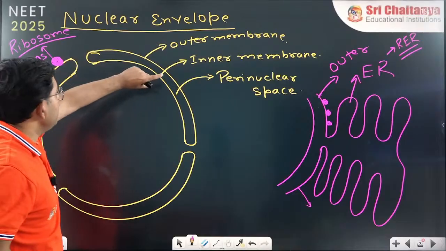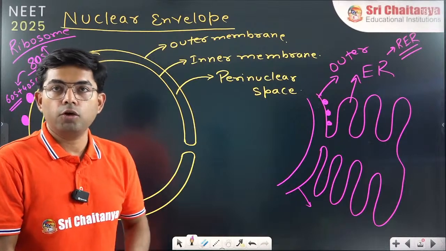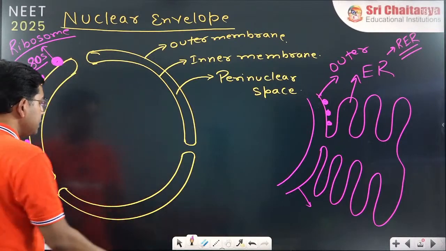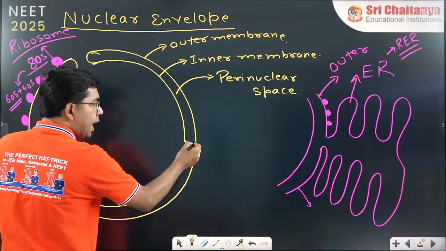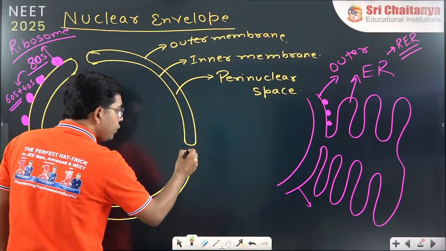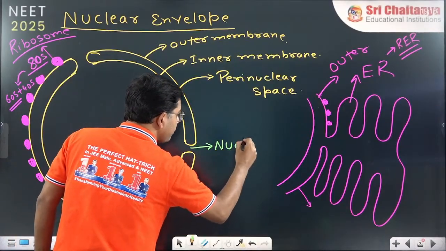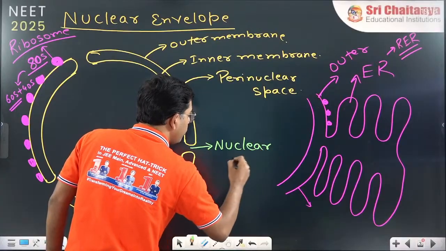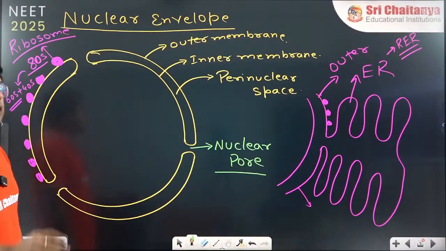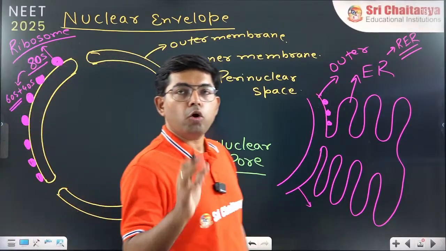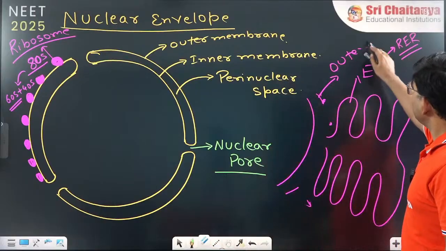Now, this nuclear envelope is not a continuous structure. Nuclear envelope is not a continuous structure. Actually, the outer and inner membrane fuse together and form a structure called nuclear pore. So let's see a bit about nuclear pore. What is a nuclear pore? So nuclear pore basically